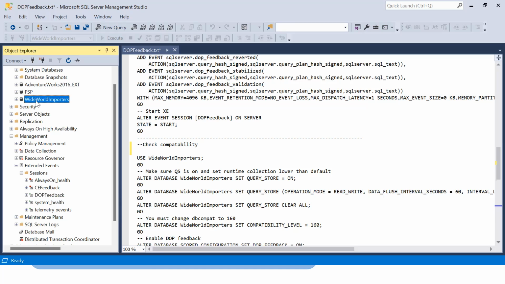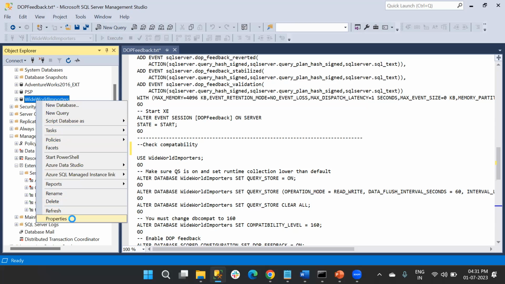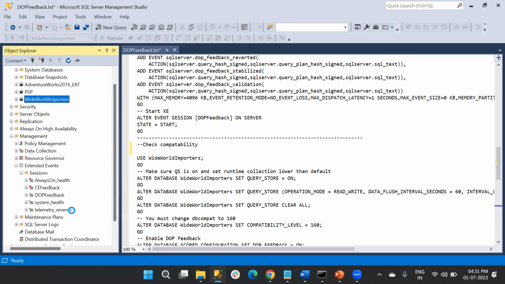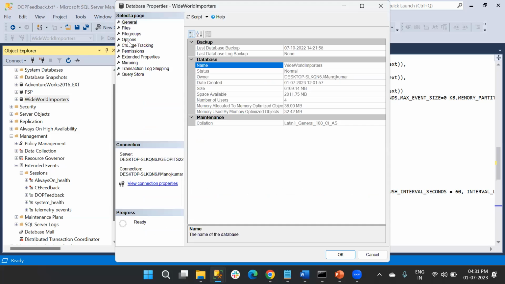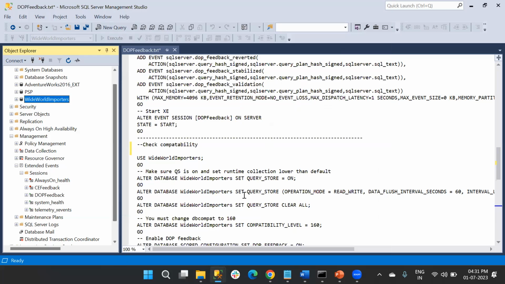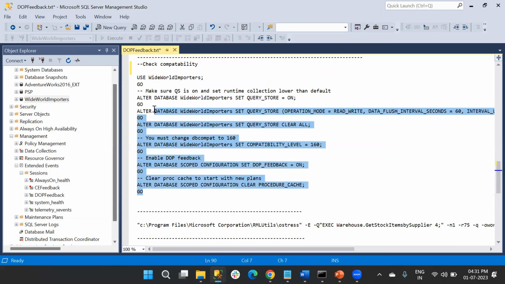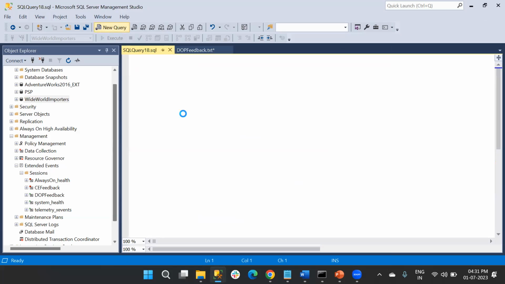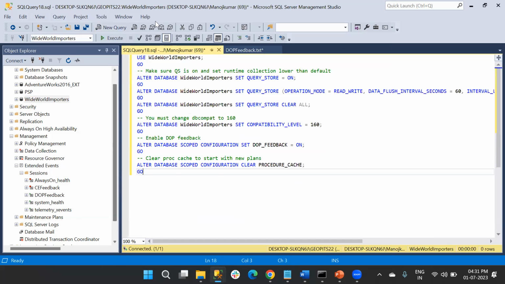First I need to check the compatibility level. Yes, it was version 19, so I'm going to change it to the recent one. First things first, I have enabled the query store for this database.